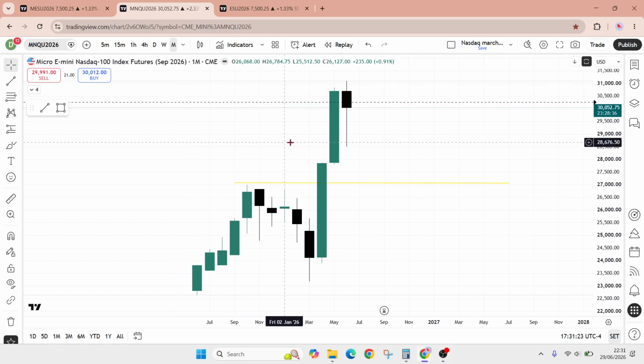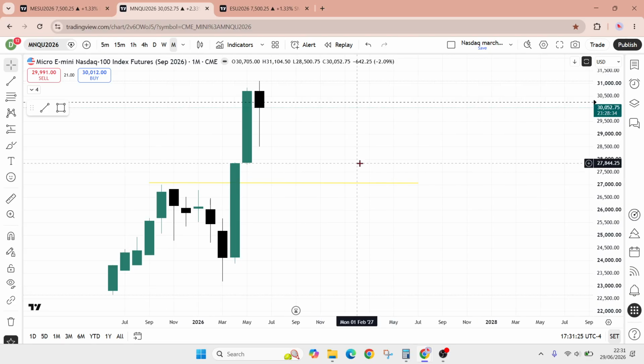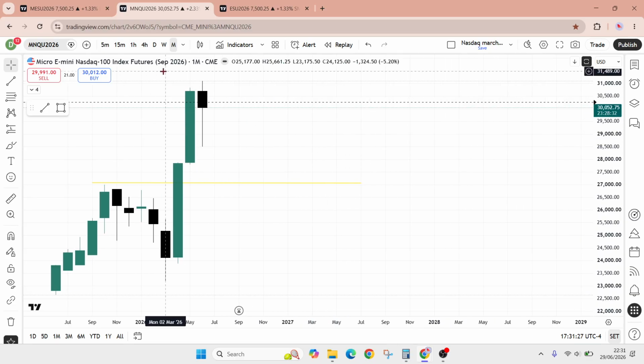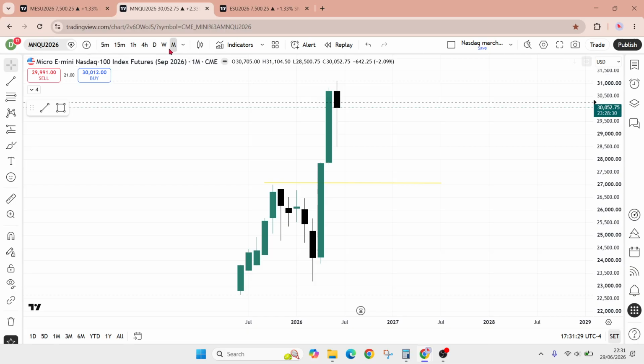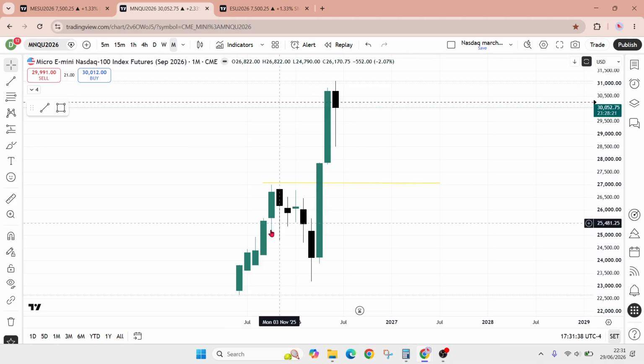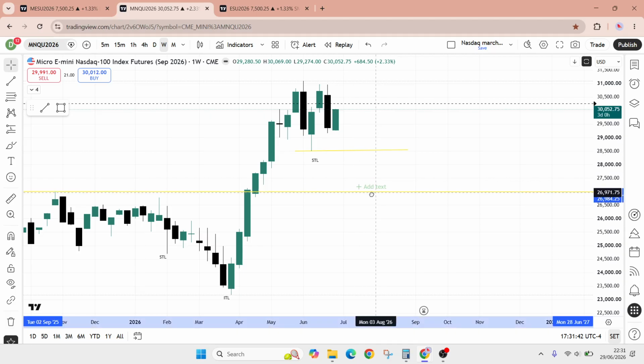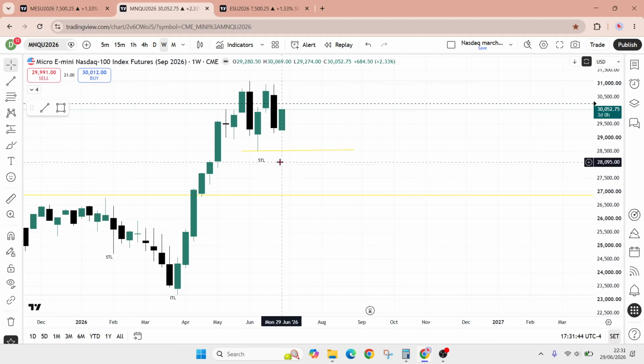Hello, I'm here on the Nasdaq on the monthly chart showing that it's all bullish. I'm just doing the preparation for tomorrow, even though we don't need to go for the monthly and weekly, but monthly market structure is bullish, weekly is still bullish. Let me go back before I start doing the market structure. Let me show you one thing.